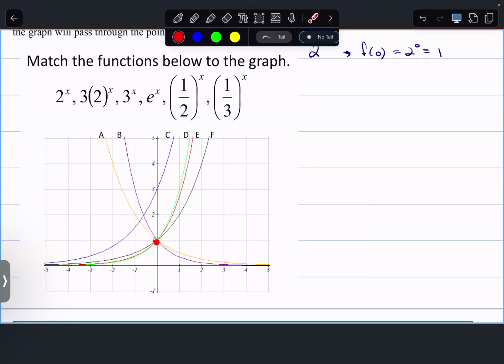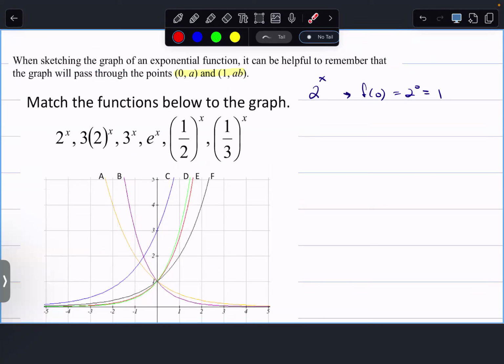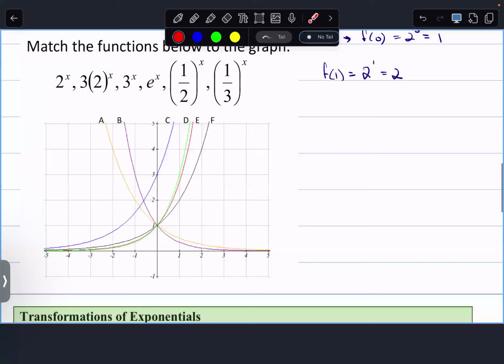Okay, and so it's one of these, not C, right? So that doesn't tell us very much. So then if we keep moving and we find f of 1 is 2 to the power of 1, which is 2. So when x is 1, y should be 2. There, that's the ticket. That tells me that it should be F. So now F has been claimed.